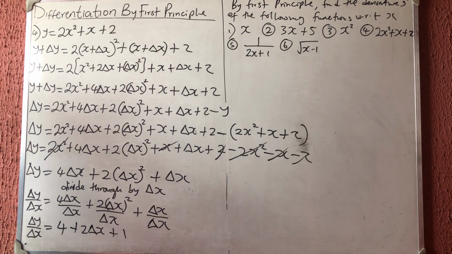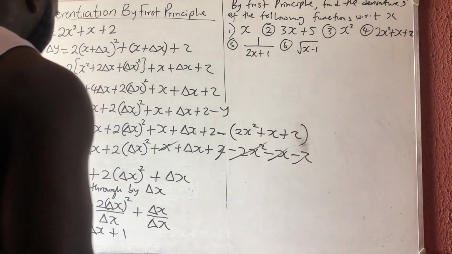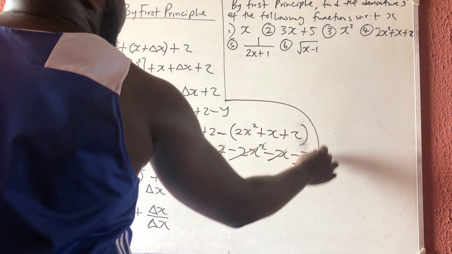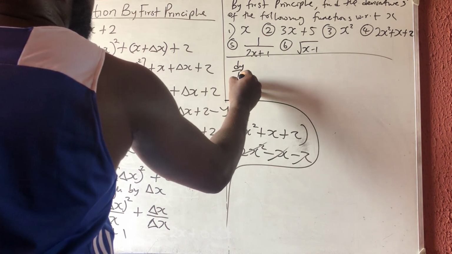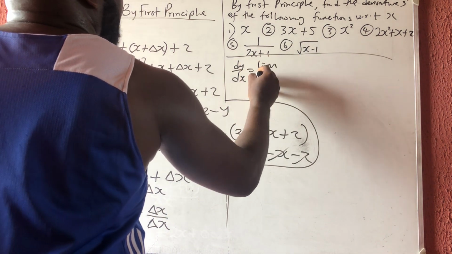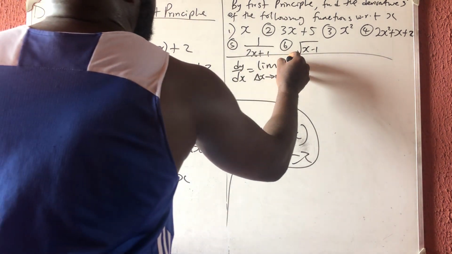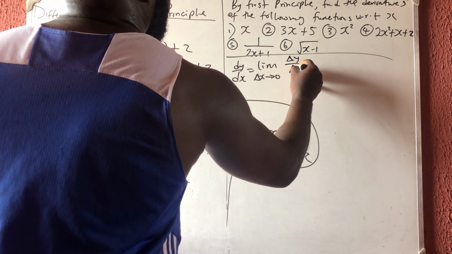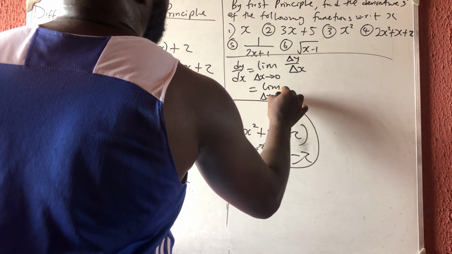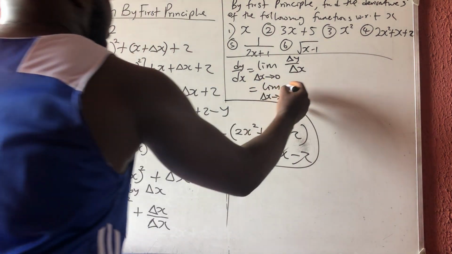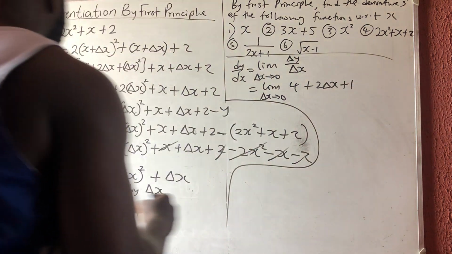So finally, I'm going to have that dy dx that I'm looking for. You will tell them, let me finish it up here, that dy dx that you're looking for is simply the limit as change in x approaches 0 of this function, of this change in y over change in x, okay, which is equal to the limit as change in x approaches 0 of 4 plus 2 change in x plus 1. Okay,